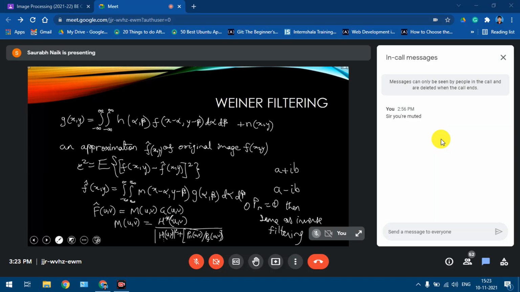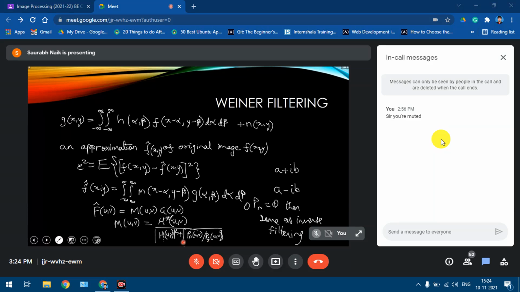If you have the equation of H of u comma v, in M of u comma v, we are basically using the conjugate of it, and we are dividing it by the square of this, that is going to give us the magnitude, and this ratio is basically what we call the power spectra of the noisy image. So this is going to give us the final output, and the problem with Wiener filtering is